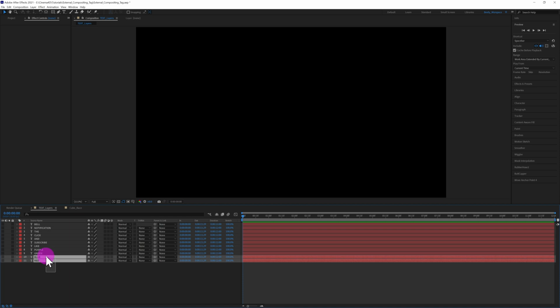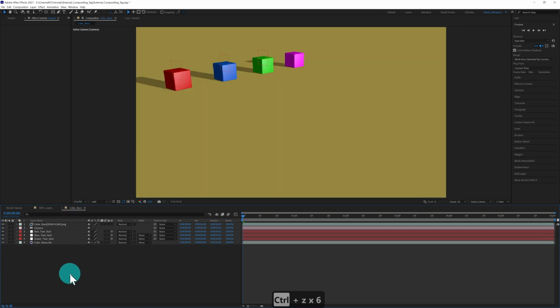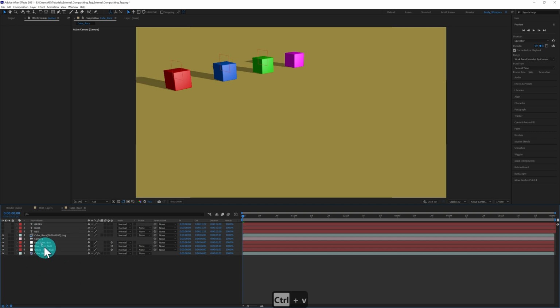So I'm just going to come in here, and I've already prepared some text layers, so I'm just going to copy these and bring them into the comp here. I'm just going to paste these into my composition. And so I have my text, I have green, blue and red. So I'm going to apply these to my text nulls, and I'm going to do that by using the pick whip. So I'm going to hold the pick whip here, and I'm going to hold shift, and the green one here I'm going to take down to the green text null. I'm holding shift so that the text will adopt the position of the null,